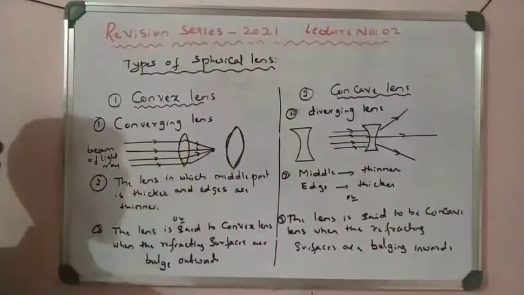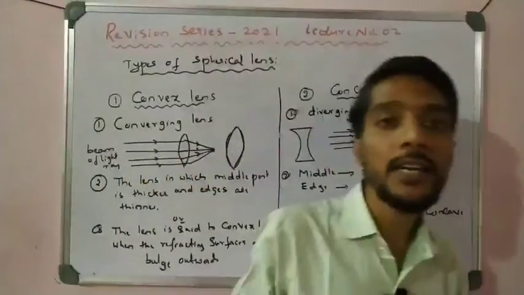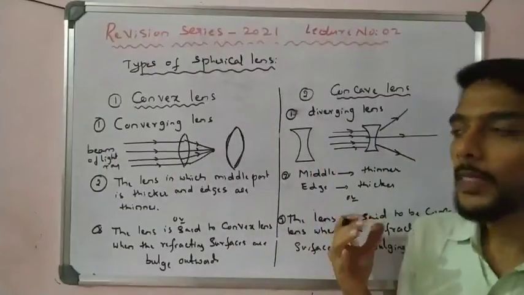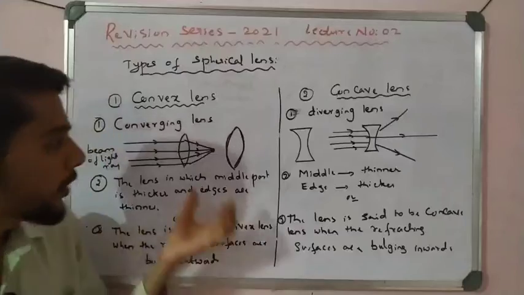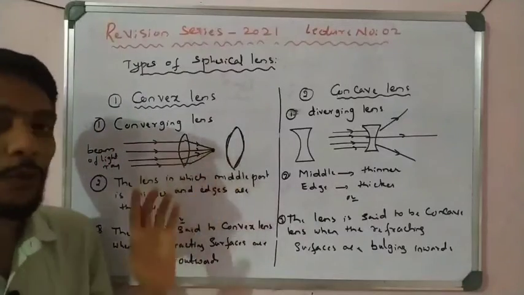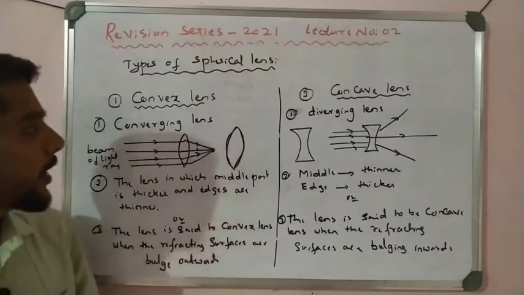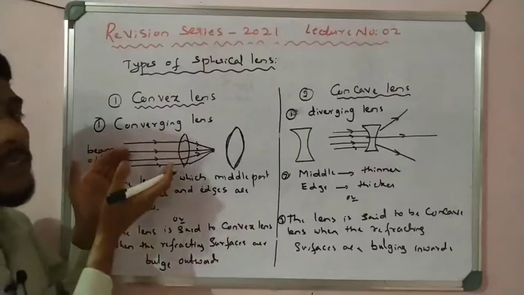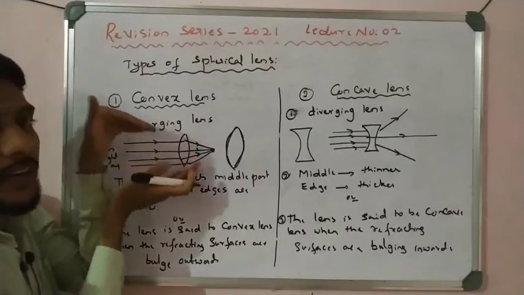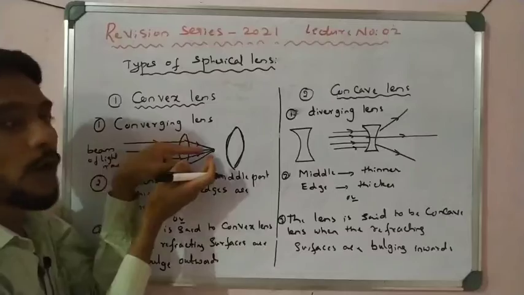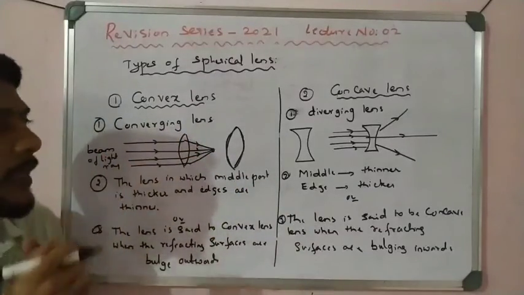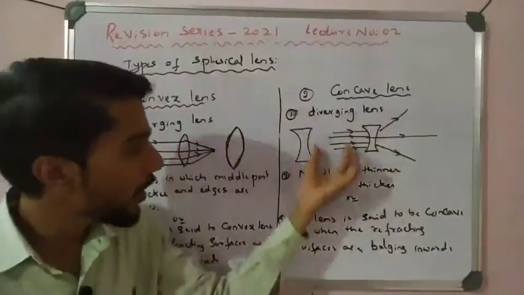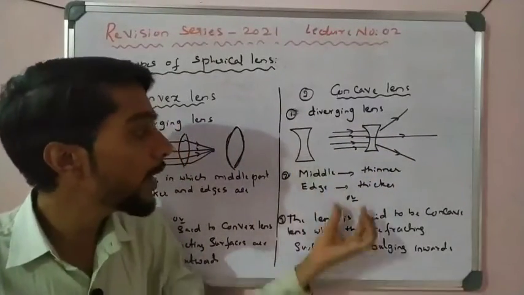So this is, students, about the very important meaning and differences of concave and convex lenses. In the examination they may ask you to define a convex lens, so you can easily write any one definition with a diagram. If they ask what is a converging lens, you can simply say that when the beam of light is refracted by the convex lens, they converge to a single point, it is called a converging lens. You put a diagram as proof. Now it is our diverging lens diagram, and also the meaning.